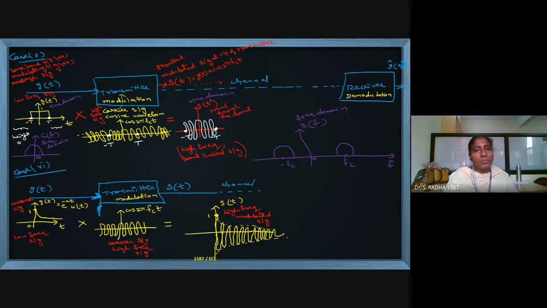S of t is the time domain, and S of f is the frequency domain at the output of transmitter. You can see the frequency domain at the input of transmitter. Now this blue color diagrams, what I have done, is at the input of transmitter and output of transmitter, but in the frequency domain. Yesterday what we have done was time domain. Now I am going with case 6.